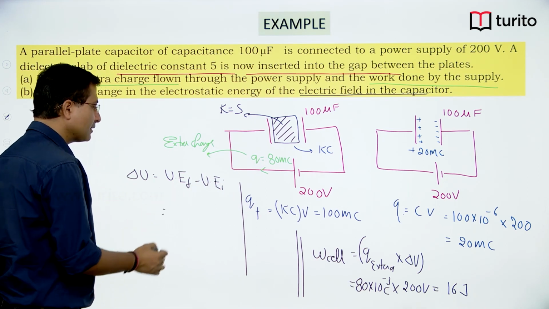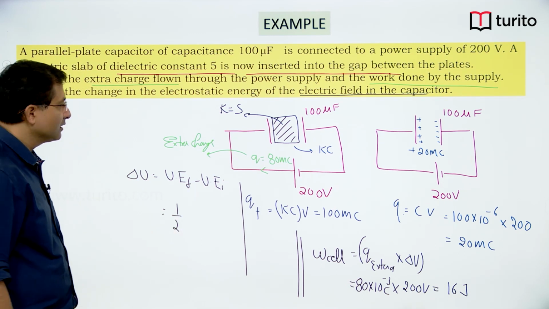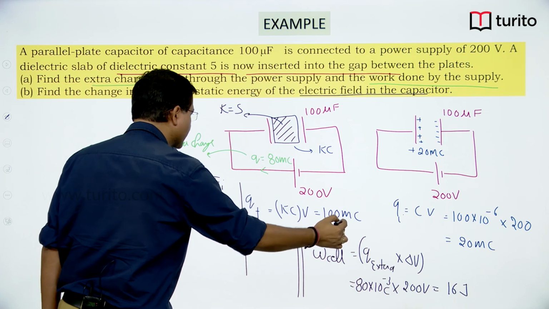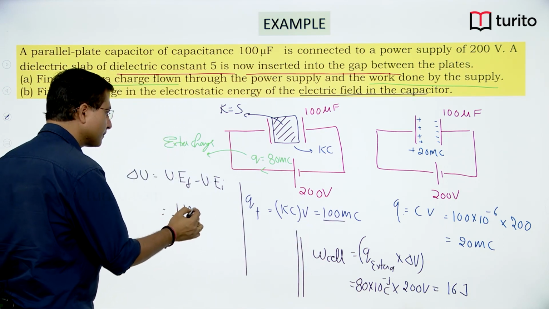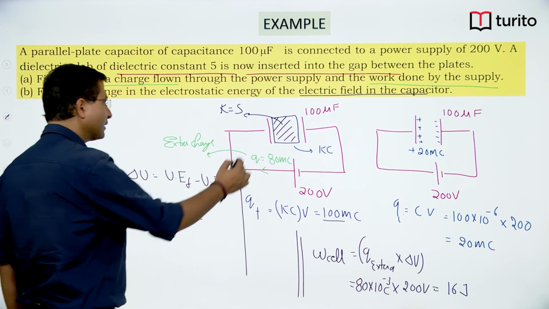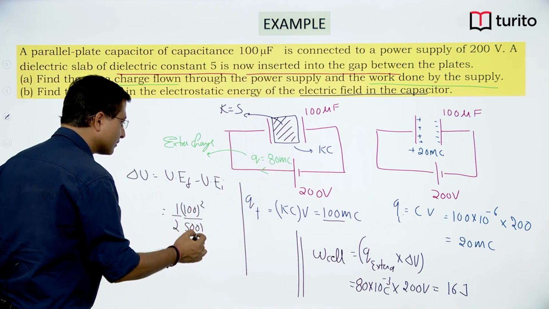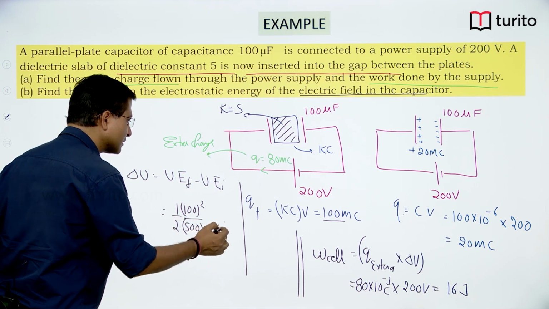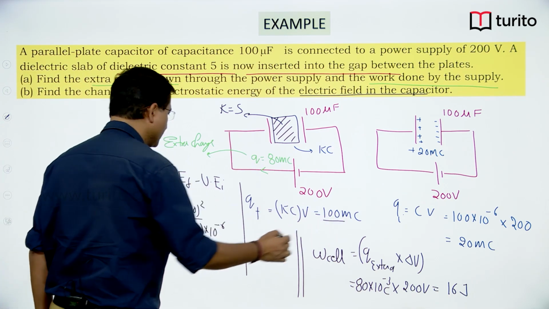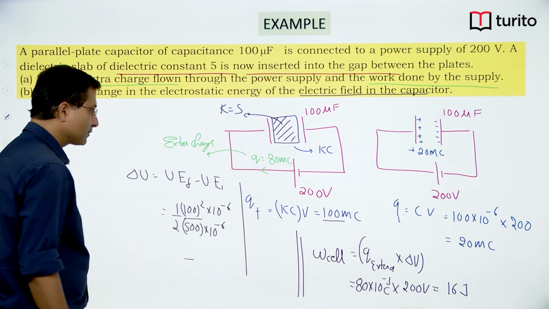The final energy stored is half Q square by C. Q final, the final charge on the capacitor, is 100 millicoulomb, so Q square by C, where the final capacitance is 500 microfarad, so into 10 to the power minus 6, and this charge is 100 into 10 to the power minus 3 whole square,